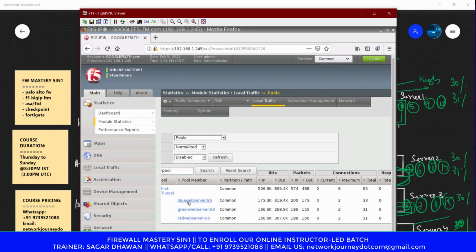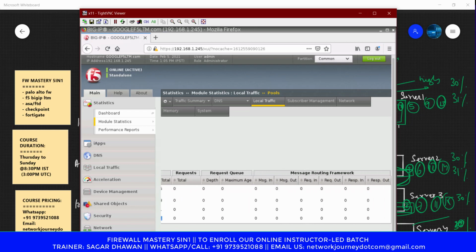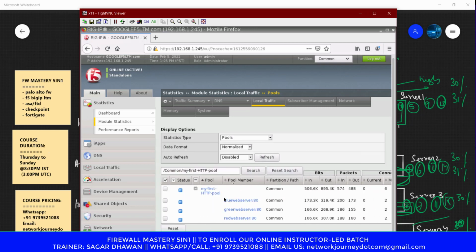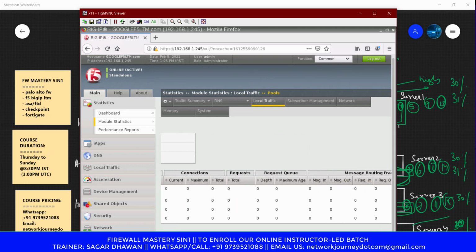Okay, let's see what is the traffic served by these three pool members. So you see here, the blue server took 33 connections, the green server took 31, and the red server 31. Okay, so if you want, I can reset them. So I'll just reset the traffic. Okay, now the counters are 0.